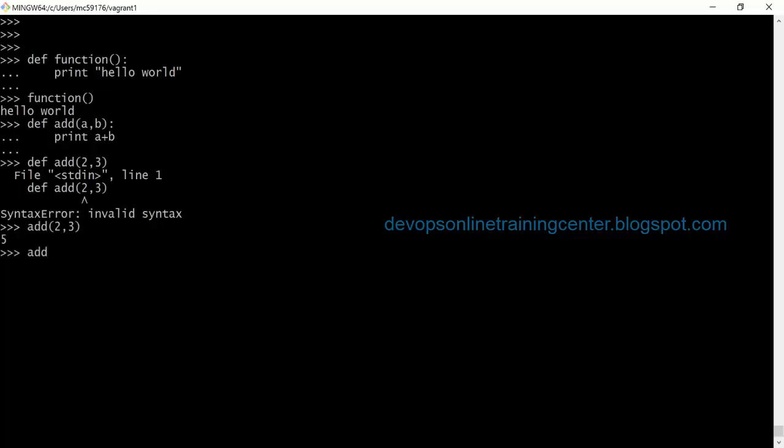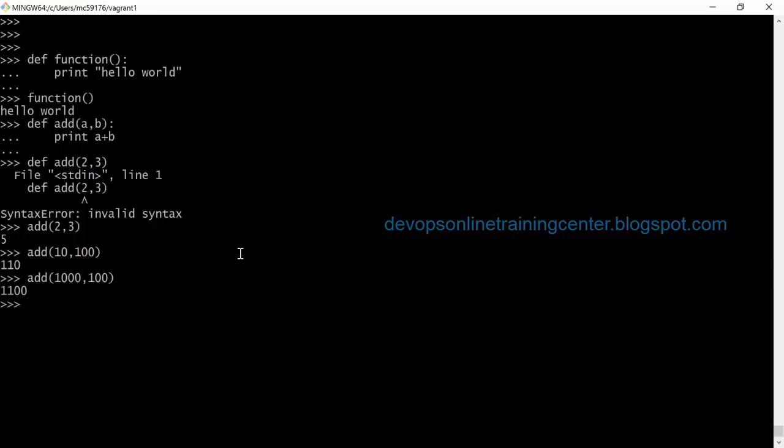Like this I can call this function any number of times from any program. It will give the sum from here, right? So I'm calling the function here, and it is returning the sum from here. So this way we can call the function and we can define the function.